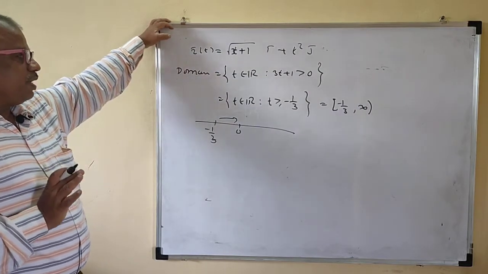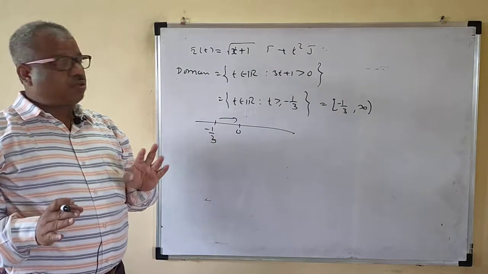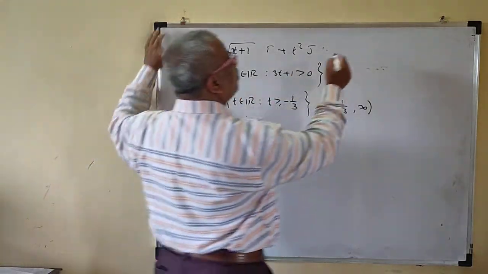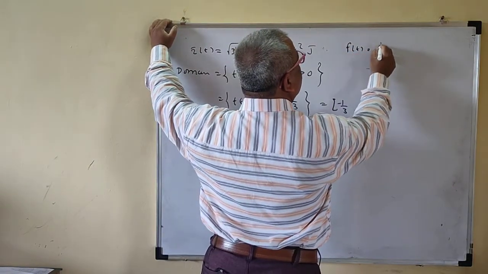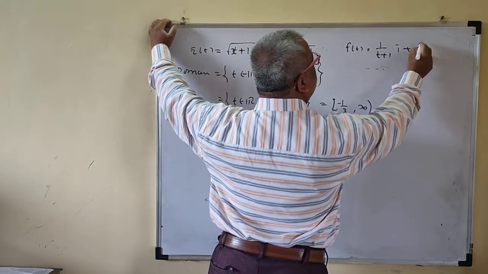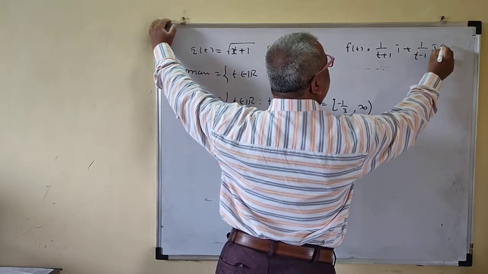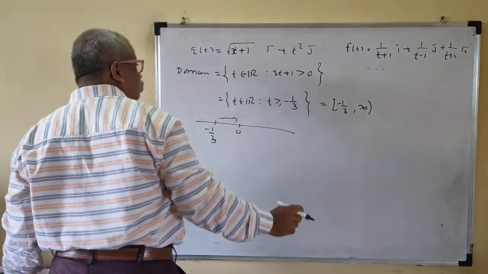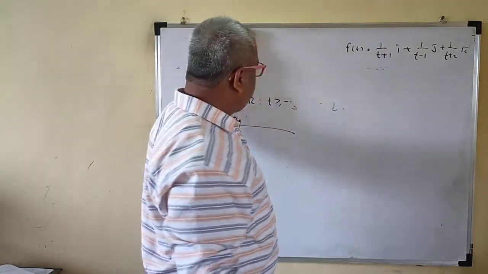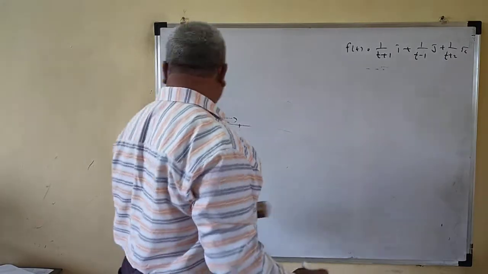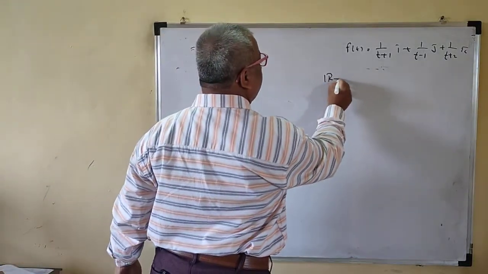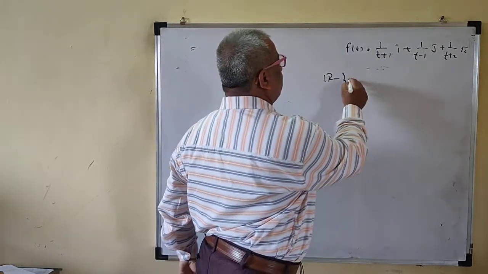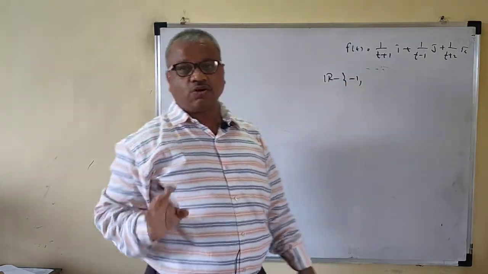Okay, so remember that. So how to find the domain? We have to remove where the function is not defined. Suppose f of t is equal to 1 upon t plus 1 i bar, 1 upon t minus 1 j bar plus 1 upon t plus 2 k bar. So now where 1 upon t plus 1, this is R minus. Here if t is equal to minus 1, then this is not defined. So you don't want minus 1 in the domain.